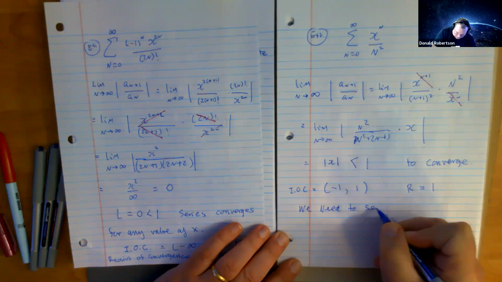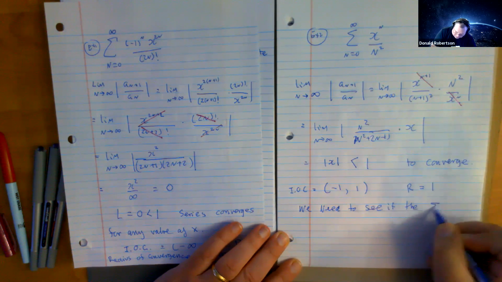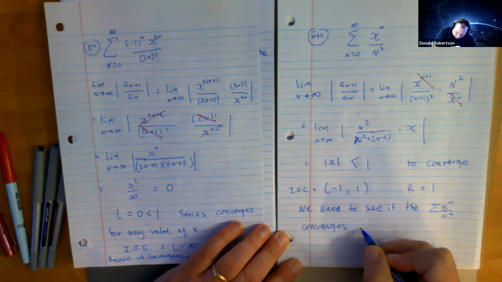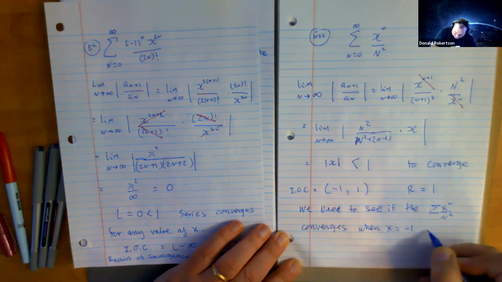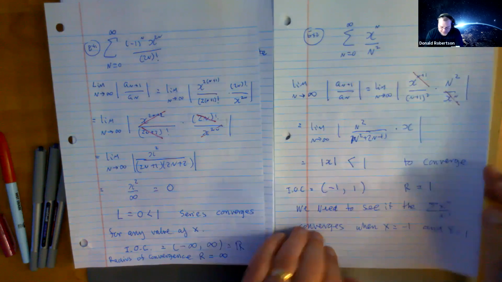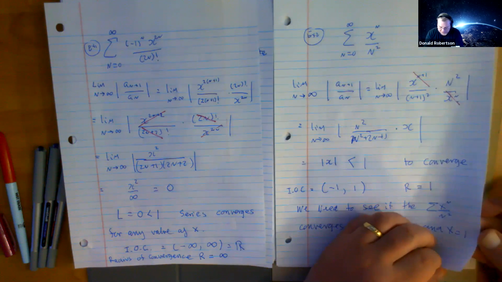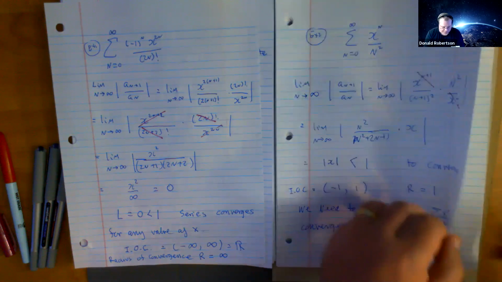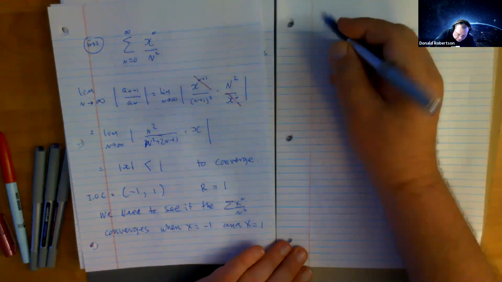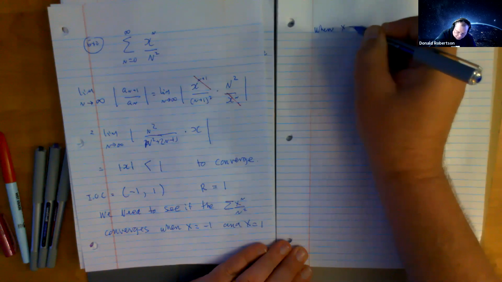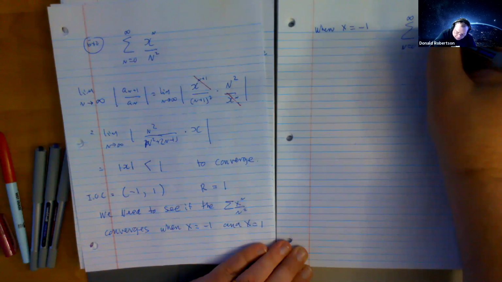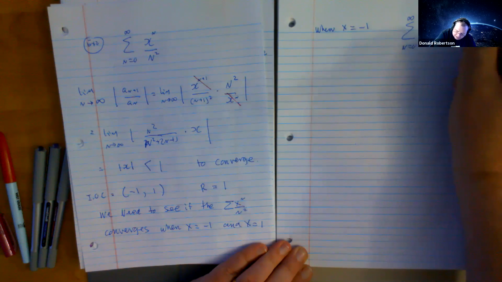We need to see if this guy converges when x equals -1 and when x equals 1. So let's see. Let's see what each one generates. Okay. Let's test what happens when x equals -1. Well, the power series that I have is this, right? Well, when x is -1,